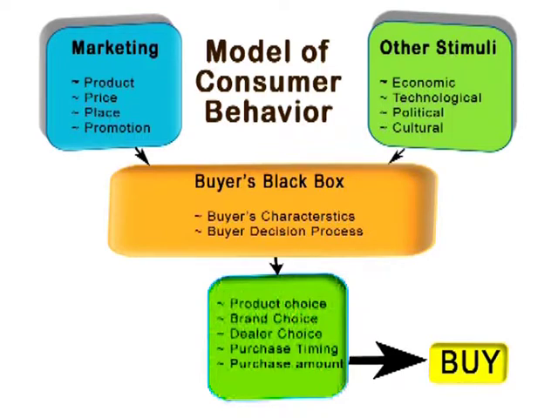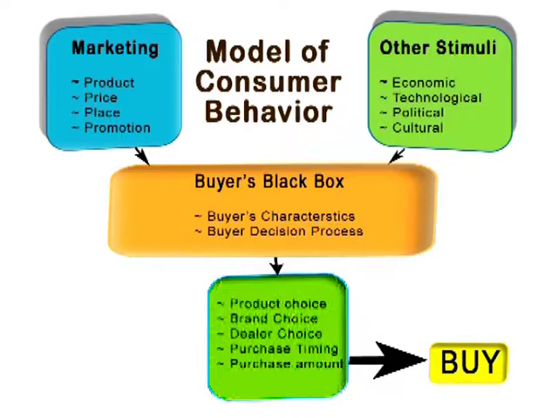The marketing mix and other stimuli result in the buyer's black box. The marketing mix consists of product, price, place, promotion, and the stimuli factors include economical, technological, political, and cultural. These result in the buyer's black box, which consists of the buyer's characteristics and the buyer decision process, leading to product choices, brand choices, dealer choices, purchase timing, purchase amount, and finally